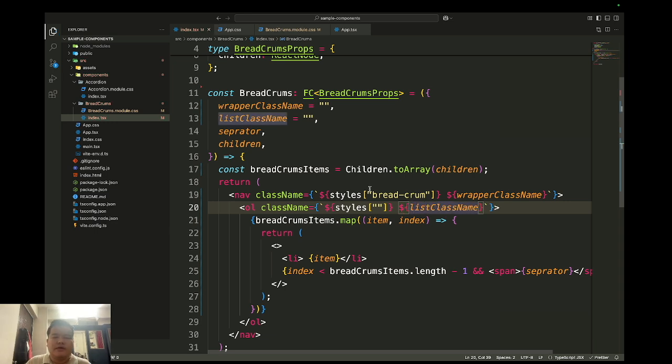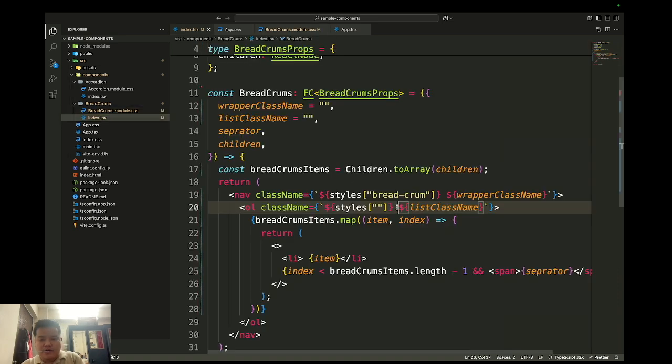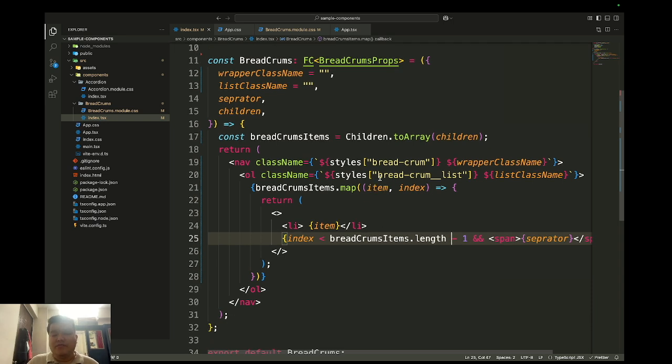Styling, and now use this class for the list. So this would render our breadcrumb component. Okay,